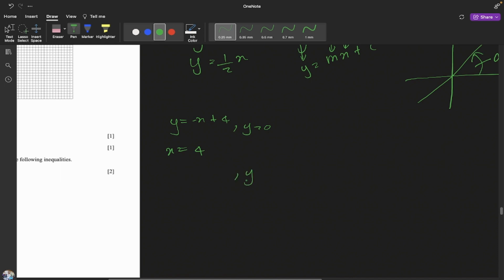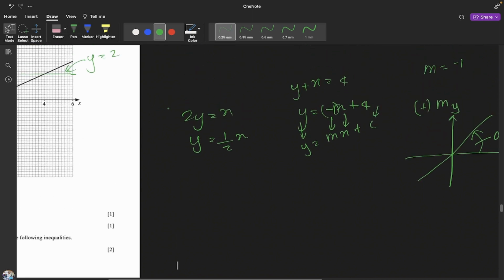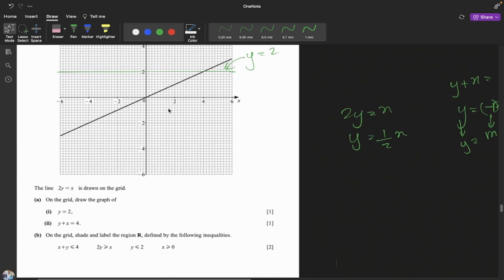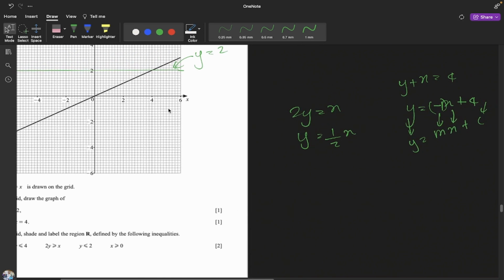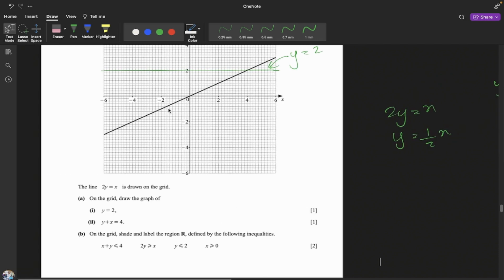When y equals 4, x equals... Okay. So for drawing the graph, you can take the coordinates and draw the graph as the usual procedure, but